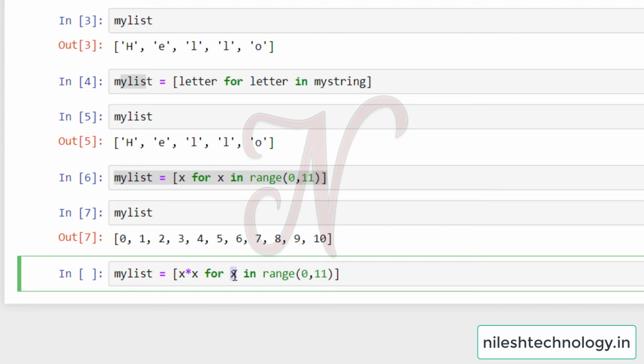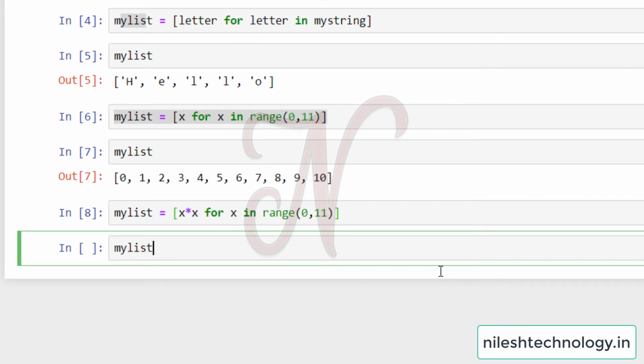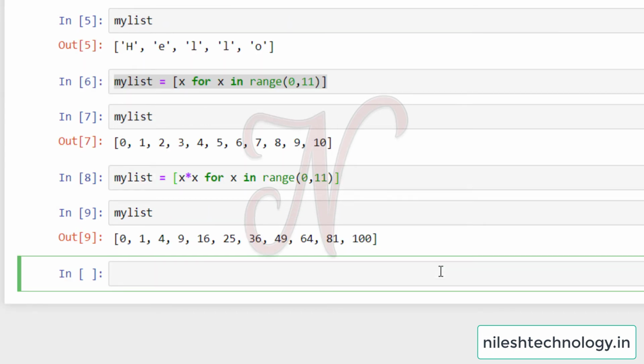Then x is used in this operation: first 0 goes into x, so the value of x is 0, and 0 into 0 is appended to this list. Again 1 into 1 appended to this list. Again 2 into 2 is 4, 3 into 3 is 9. See here, my list is that. So these are the squares of each number.